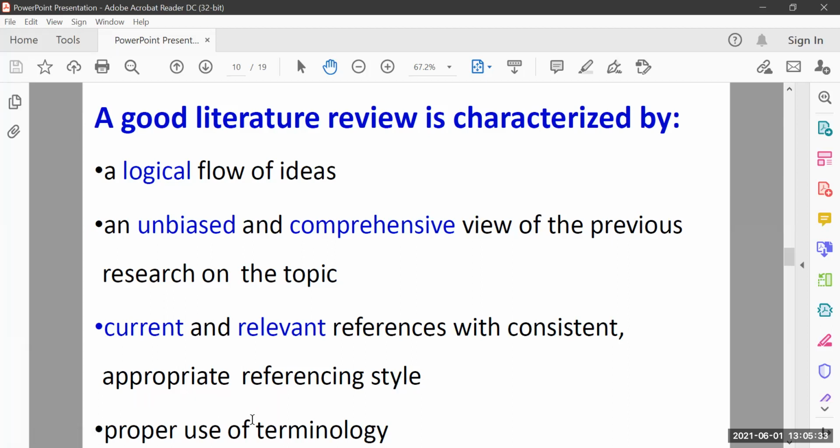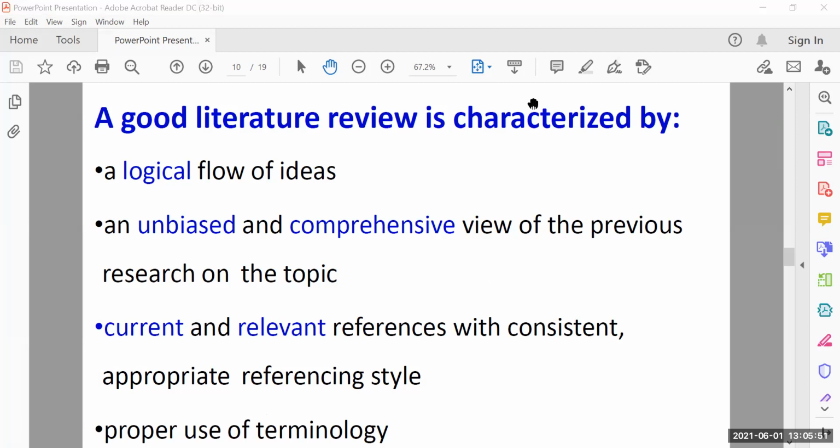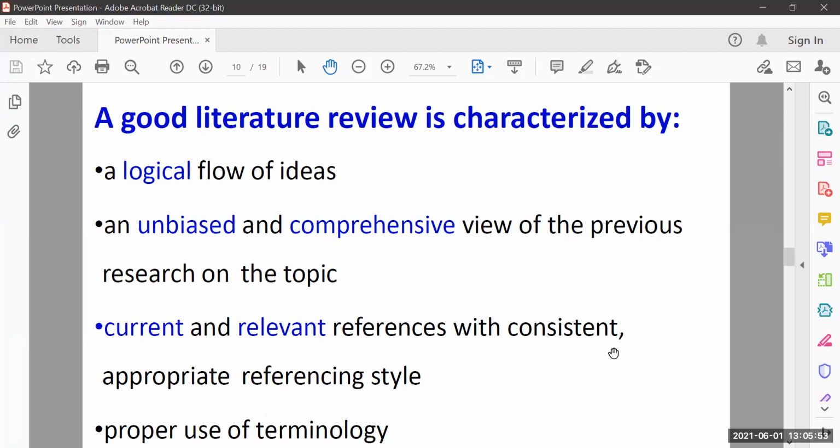There are different referencing styles, how we are going to write the reference. We'll discuss this later on. And proper use of terminology. In each area, there is some terminology developed, right?